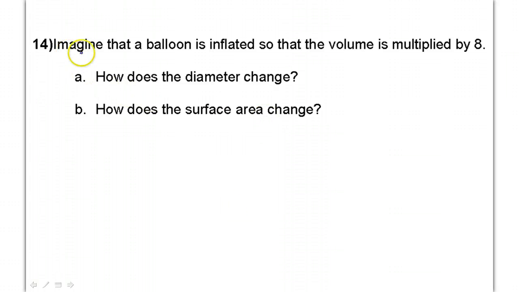Let's see. Number 14. Imagine that a balloon is inflated so that the volume is multiplied by 8. How does the diameter change? How does the surface area change? Alright, so this is one of those problems when we're talking about the relationship between length, diameter's length, area, and